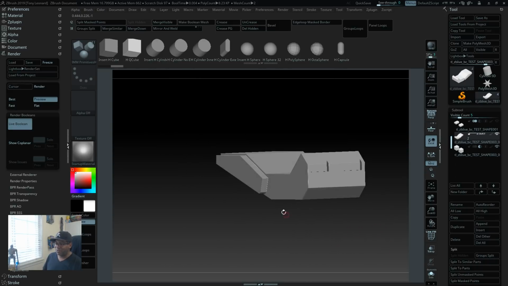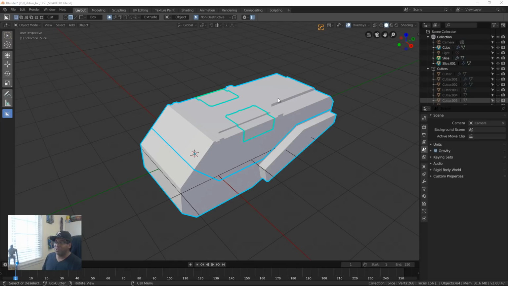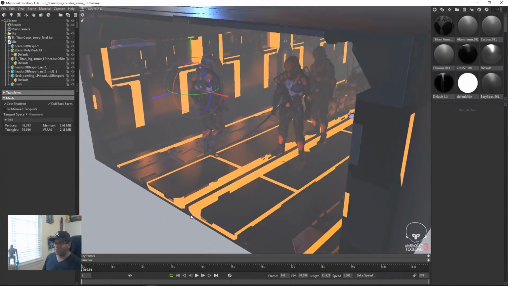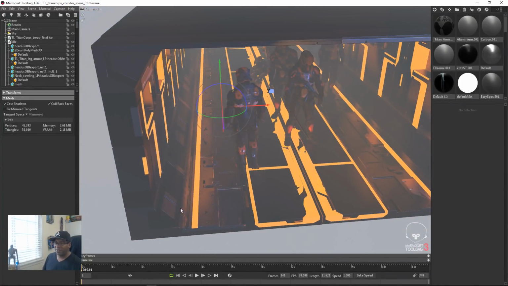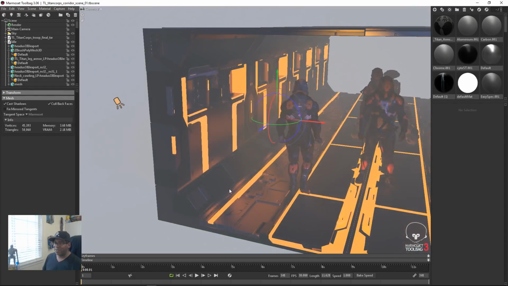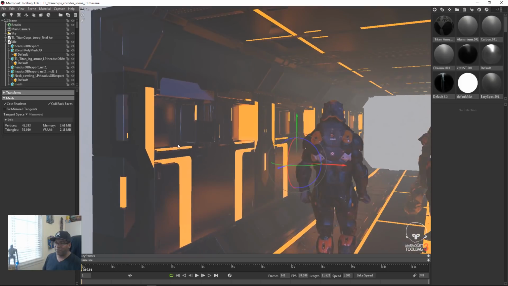And then of course you keep that pattern up, and then maybe you kick this back and do some more work in hard ops. Okay, so that's pretty much how I built a lot of the assets for the corridor. I created just one section of the corridor, box cut it, brought it into ZBrush and did a few other things, and then saved a triangulated mesh in the end, bringing it into Blender, and then applying different materials